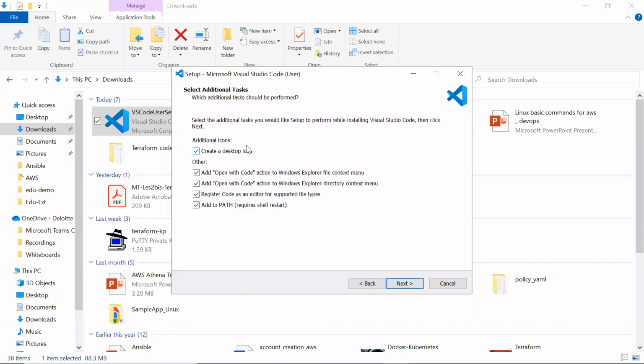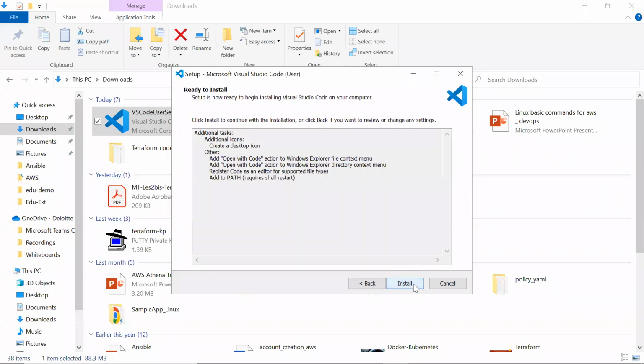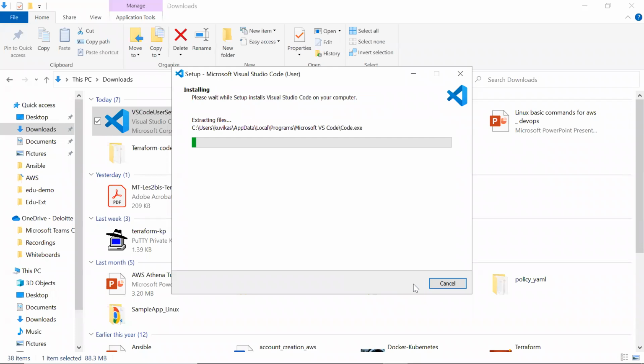Next, and you can install it. It will hardly take a minute or two and it will get installed. For me, I will have a small problem. I'll show you how to handle that problem. But once this Visual Studio Code is installed,